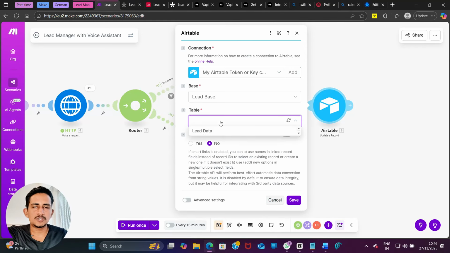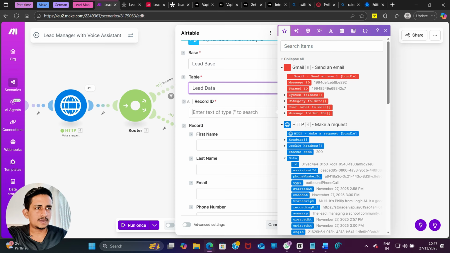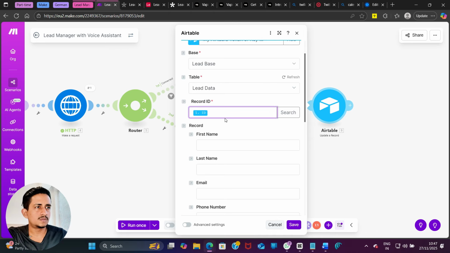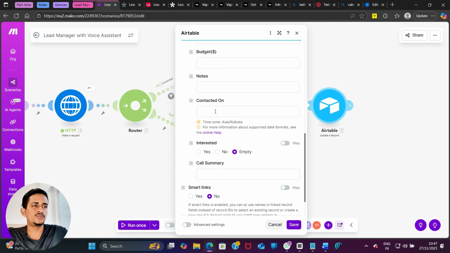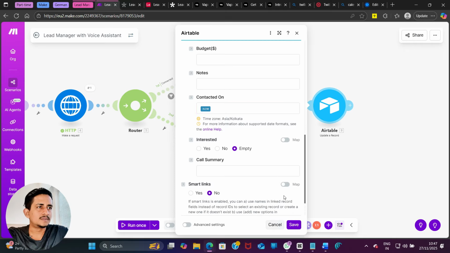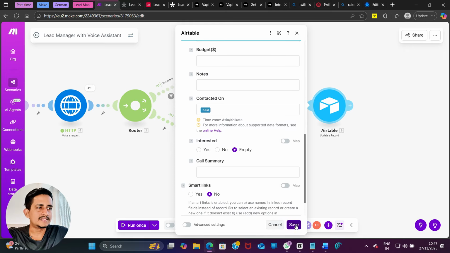Now we have contacted the lead, so we have to update it in the Airtable. Let's select the base. The connection is already there, the data, and in the record ID, let's select the ID from the Airtable module, and we just want to mention a now variable which roughly translates to the exact time the module is executed. We only need to update this field. Let's hit save. So this arm is ready, and on the other arm, we want to inform the sales team